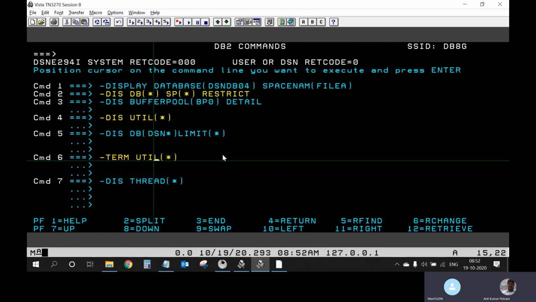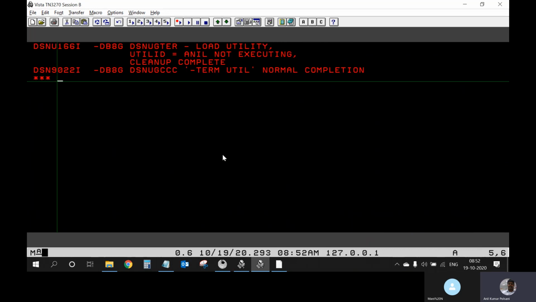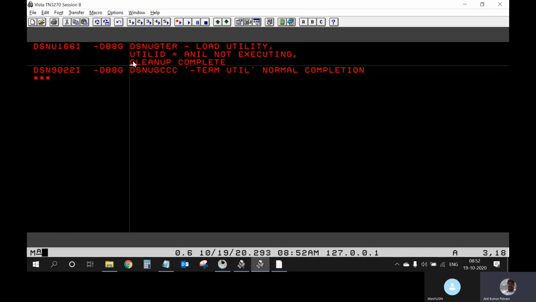Based on the application's availability, we choose one of the options. In our case, we don't have any admin, we don't have any application ID. I'm the owner of everything in this system. So we can simply press enter here and terminate the utility here itself.